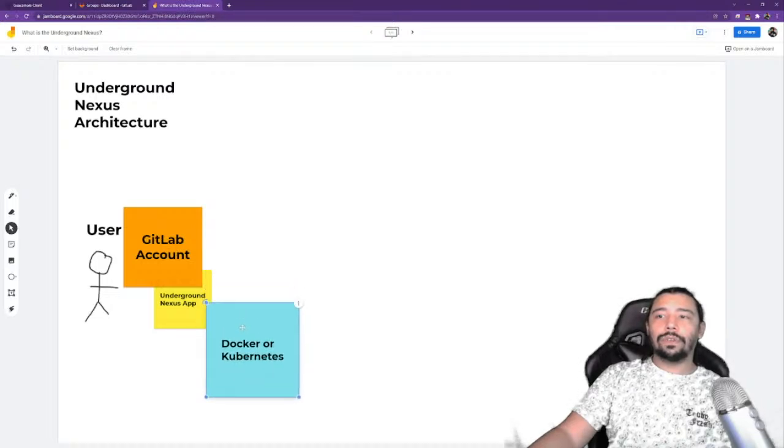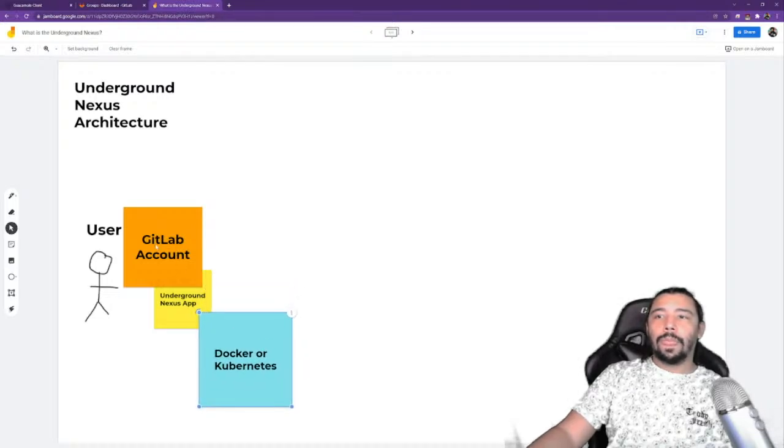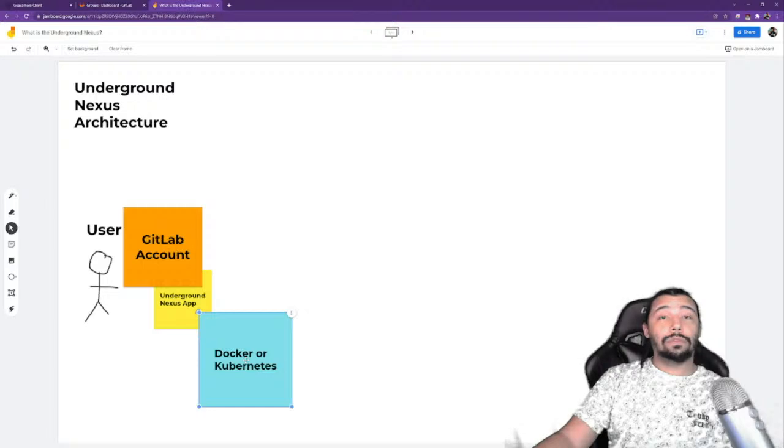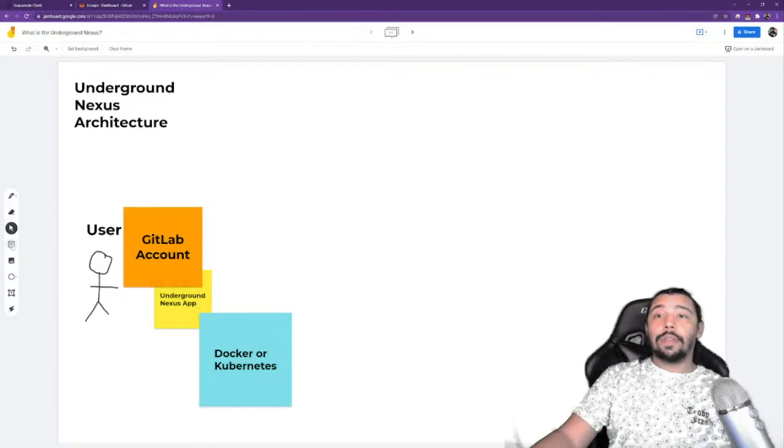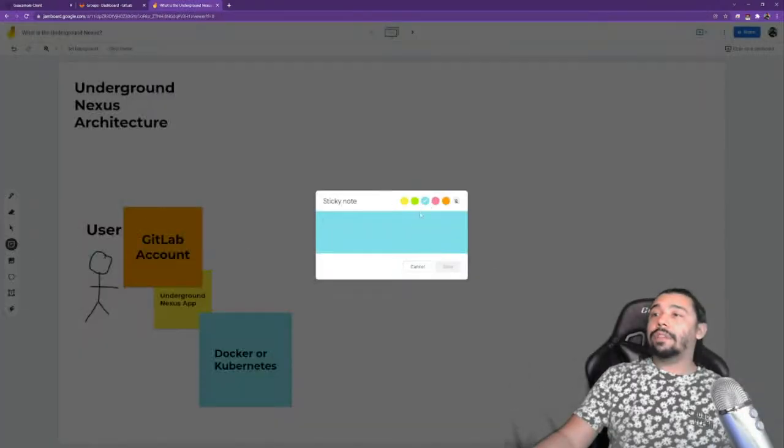So then what you'll do is you'll go from GitLab, get your resources from GitLab, and then you would have to have Docker generally installed. I would recommend using, say, a Raspberry Pi or Docker Desktop, the application.